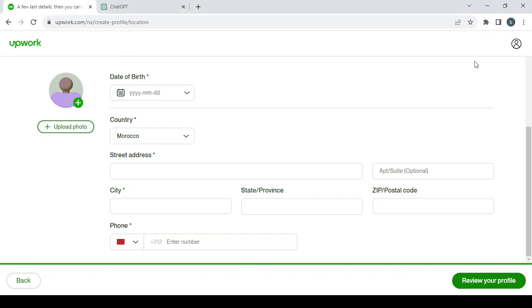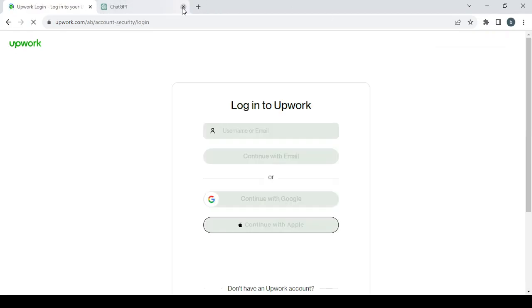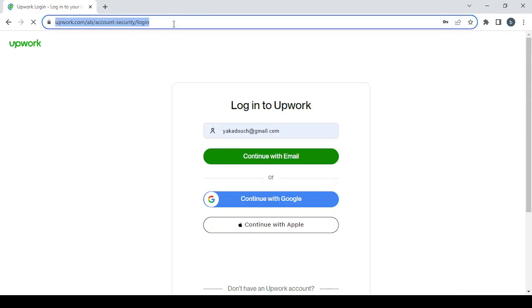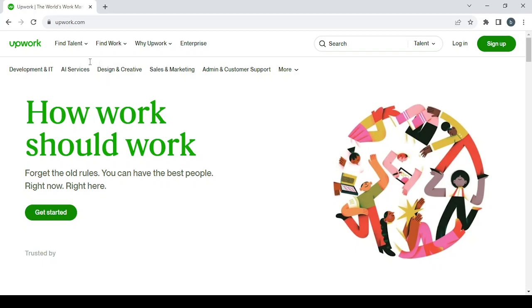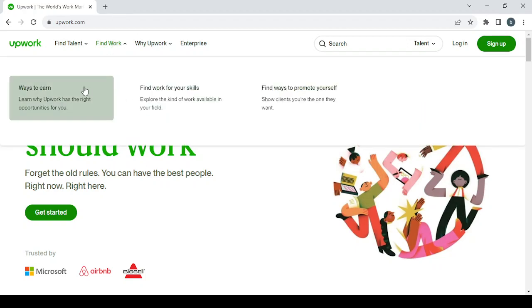After that, I'm going to show you how to get clients for your profile. So let's just log out, and here let's go to upwork.com and go to find work, the find work section. In here you'll have 3 options. Let's just wait for it to load. As you can see here, you have ways to earn, find work for your skills, find ways to promote yourself. Let's go with find work for your skills,